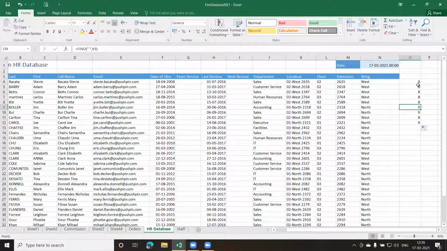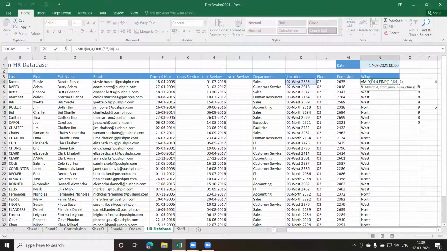Okay. Now, if I subtract 4 from this, I'll get 4 here. And if I subtract 4 from this, I'll get 5. Agreed? Now, in the mid function, what are the parameters? I want to give the text from where I want to extract the string. I have to give the starting position, which we have directly given 4, because we know that this character, the location wing, is starting on the 4th index position, because the first one is 0, second one is 2, the third one is hyphen. Okay, and that's the reason the start number is 4.